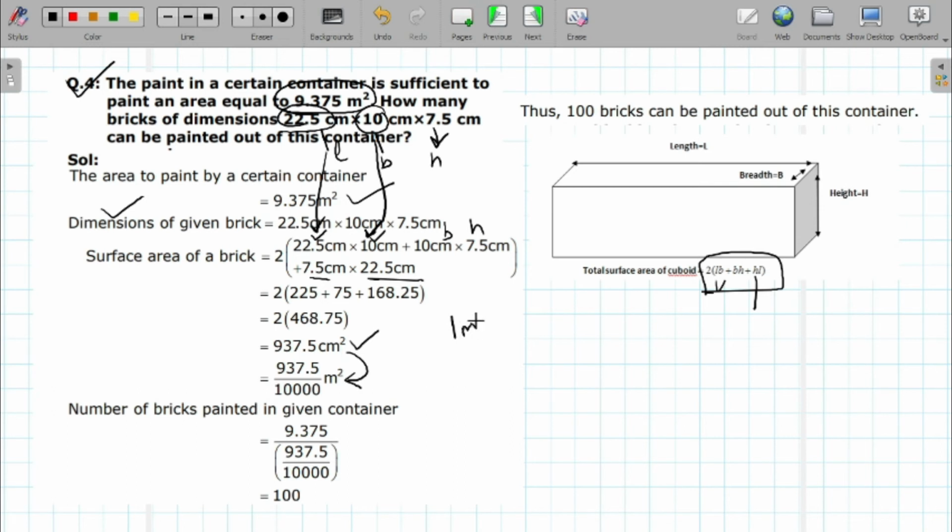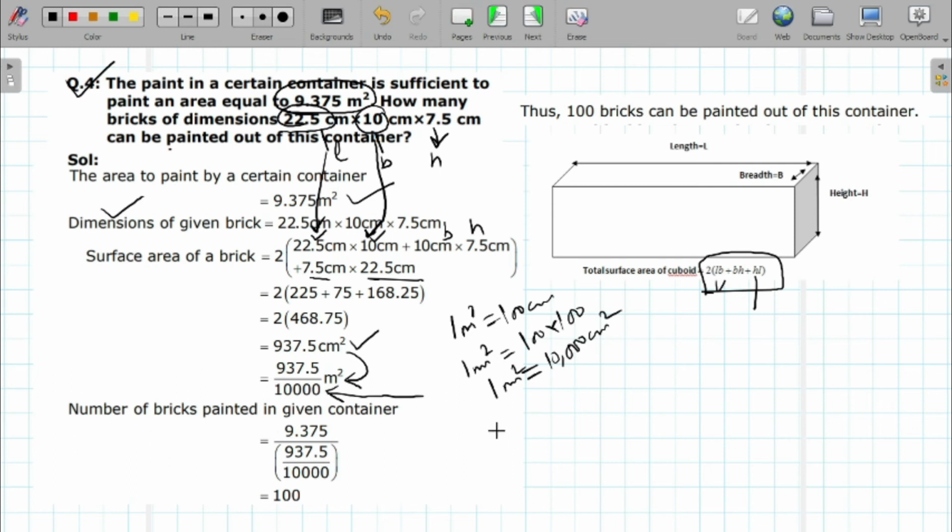So we have to convert into meter square. 1 meter is equal to 100 centimeter. So 1 meter square equals 100 into 100, that is 10,000 centimeter square. Okay, that's why we are dividing this by 10,000. When we are converting centimeter square to meter square, we are dividing by 10,000. If you divide by 10,000,